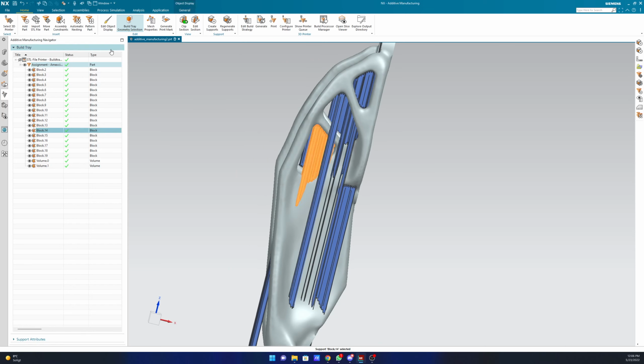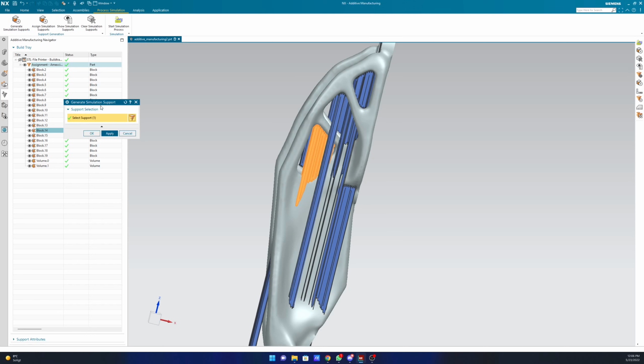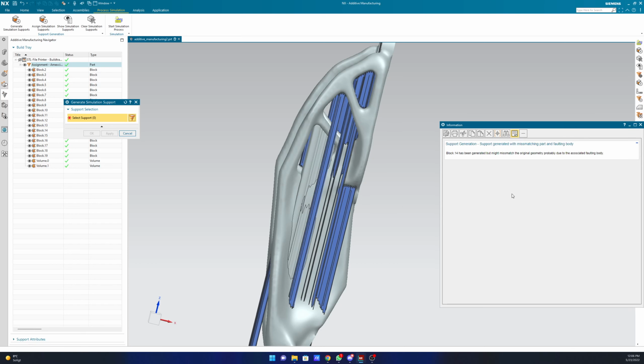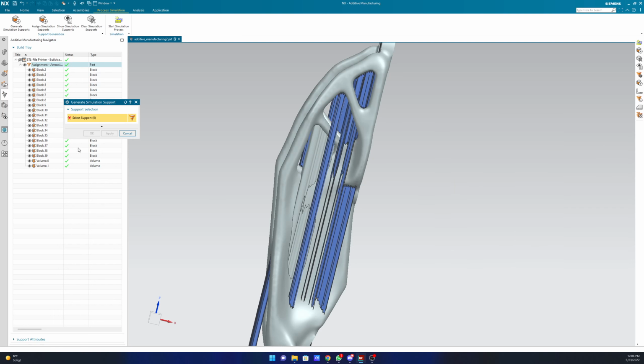If I click on this, go to process simulation, generate simulated supports, I've selected that one, and click apply, because of this kind of structure, it will give basically some error: support generated with mismatching part and faulting body. So it says that the body has some kind of fault. So we close that